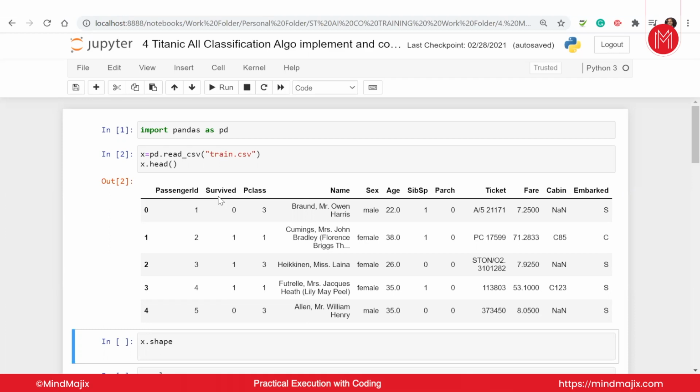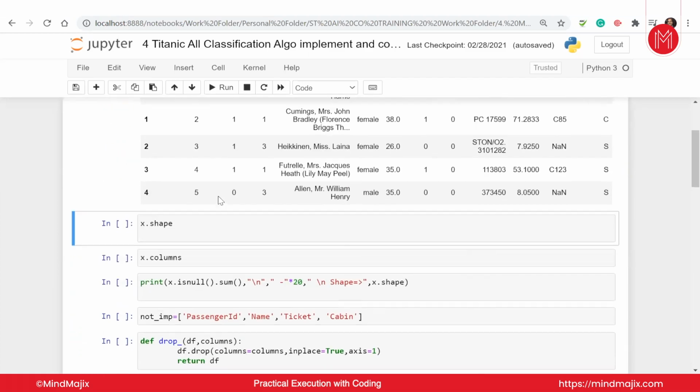Ticket number is a combination of number and string. Fare is the ticket money they have paid, and as per the money paid, their class will be given to them. Then they have the cabin, which is the cabin number only. Embarked is the port area of the ship. Now, guys, as you already know, the survive column is our target value. We have to focus on that part as a target.